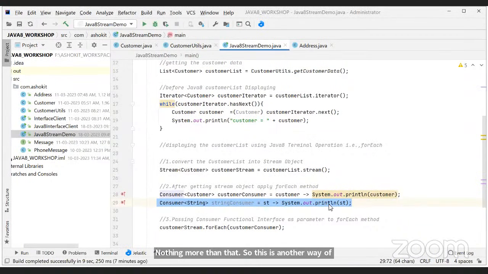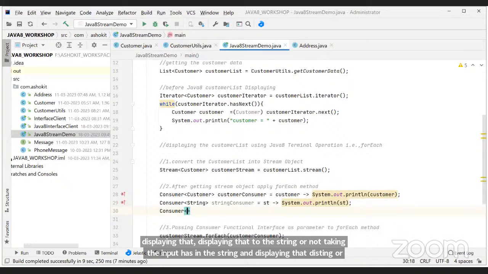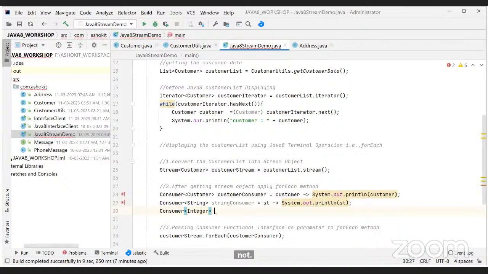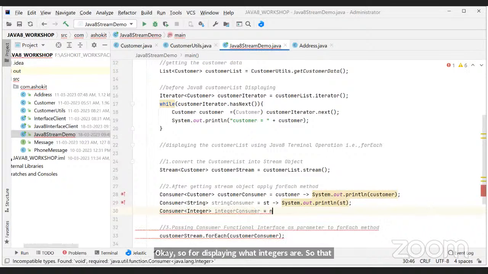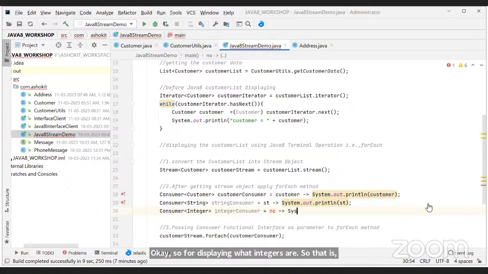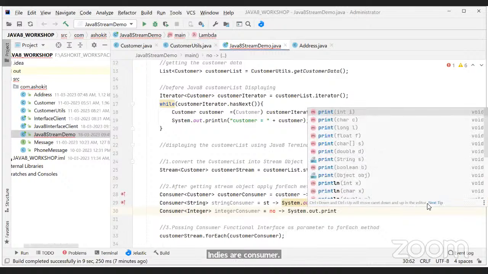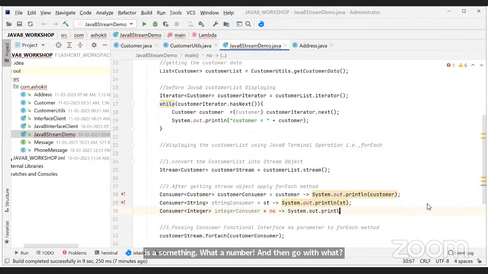And you can define one more consumer for displaying integers. That is the integer consumer: number, and then System.out.println of number, sir. That's all. Hope you guys are comfortable.